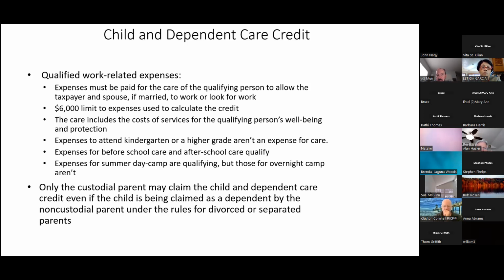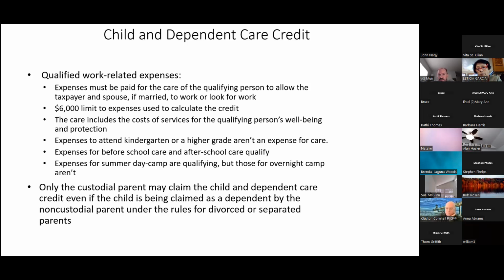And yes, we know that when you pay some type of childcare expenses, you're going to go and pick your kid up at the end of the day, and they're providing their service, they're watching the kid, they're feeding the kid, and all that good stuff. But again, it's a cost of daycare or childcare. And when you're talking about kindergarten, I think that's before you go to first grade. And so kindergarten, that's not a work-related expense, and so that's not going to count.